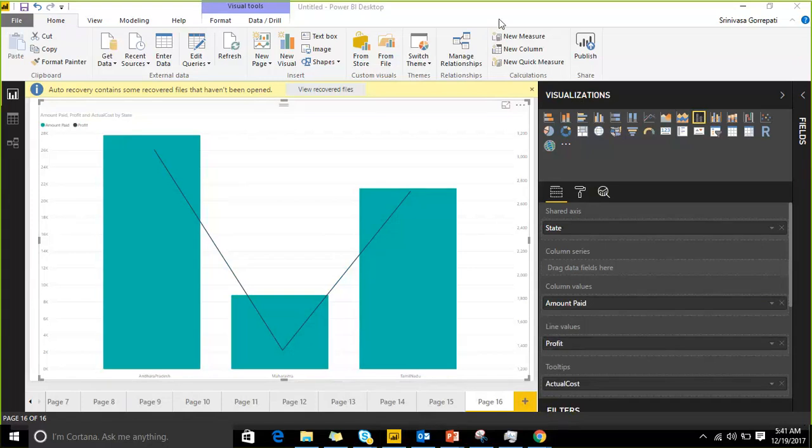It is showcasing that the profit is 3060, here the profit is 1360, and here the profit is 2710. But whenever I take another series,